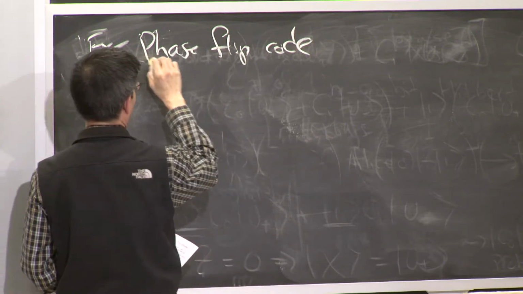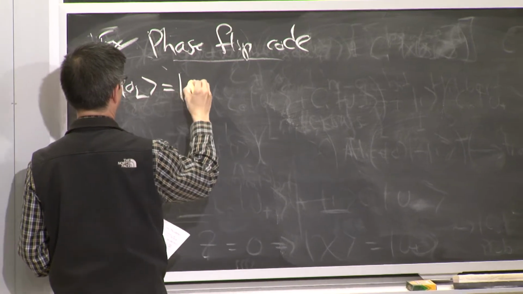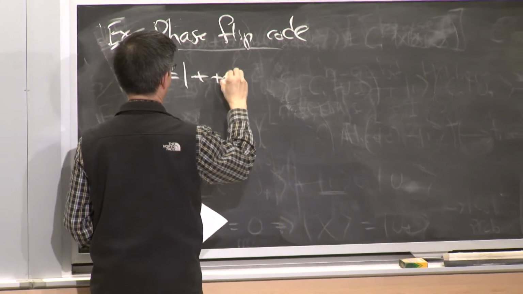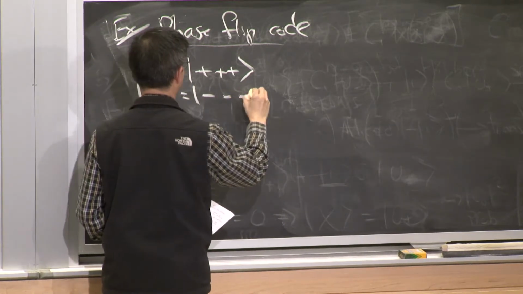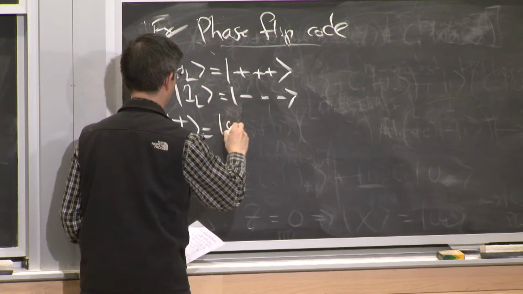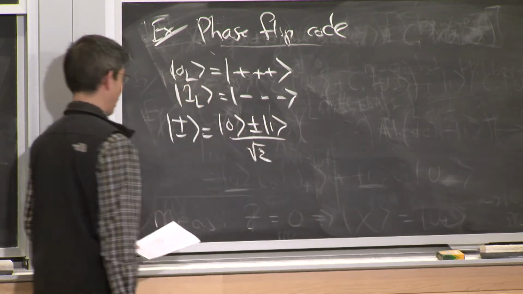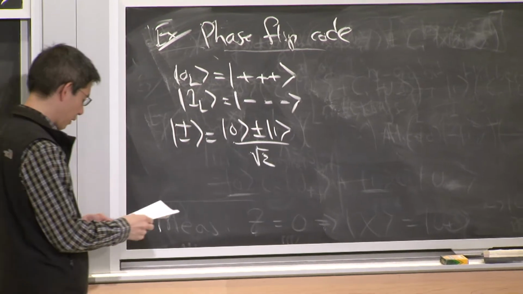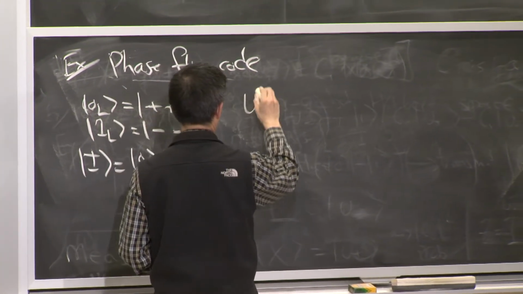Here, the logical code words were plus, plus, plus, and minus, minus, minus. Remember, plus and minus are 0, plus and minus 1, divided by root 2. OK, and here, the syndrome operators